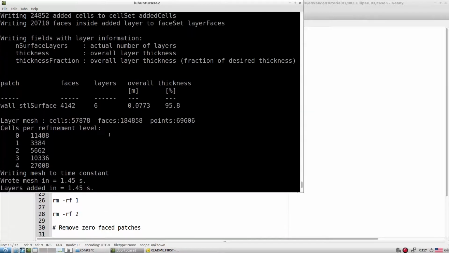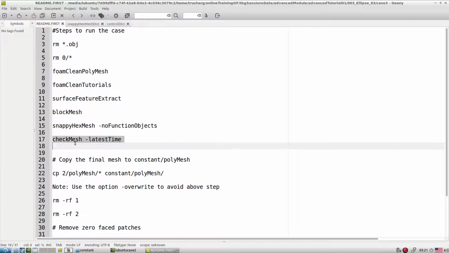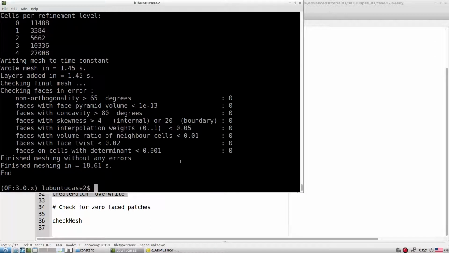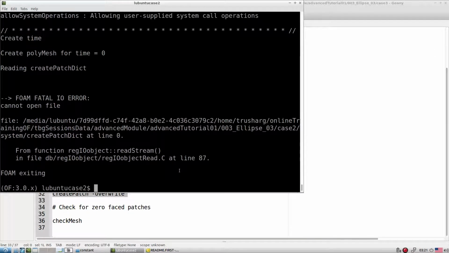So here we have the number of layers. Sometimes it is always good to check createPatch with the overwrite option. That means if there is some leftover patch, it will be removed if it is there. That is the idea behind that.